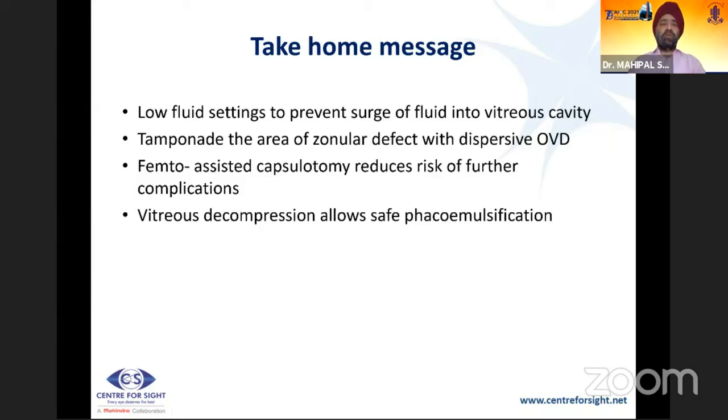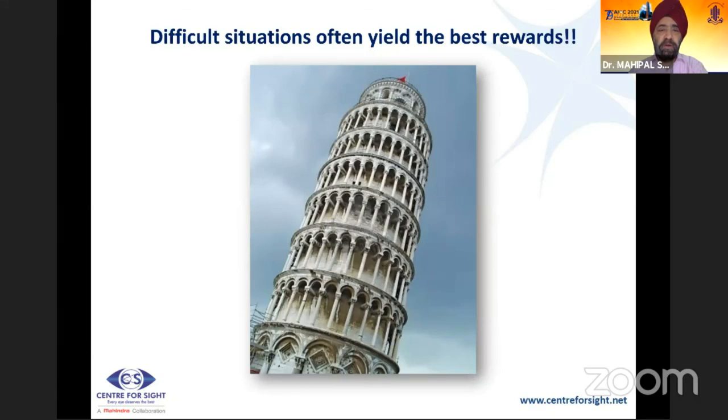So finally, the take-home message is that whenever you are doing a phaco, there have to be low fluid settings to prevent surge or fluid into the vitreous cavity. Tamponade the area of zonular defect with dispersive OVD. Femto-assisted capsulotomy would reduce the risk of further complications, and the procedure of vitreous decompression that I have shown allows safe phacoemulsification. Thank you very much for your kind listening, because these difficult situations often yield the most gratifying